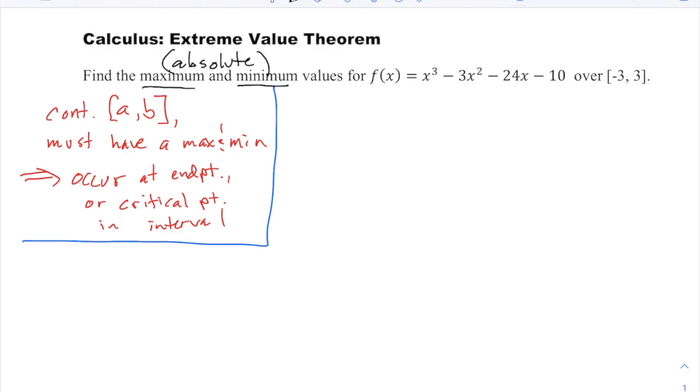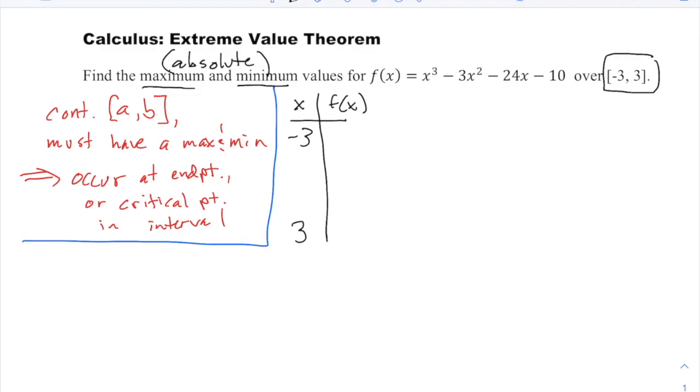The candidates test means you basically think about what the candidates for the maxima or minima would be. They would either be at one of the endpoints of the interval, which would be at -3, since this is the interval -3 to 3, or at the right endpoint of +3, or